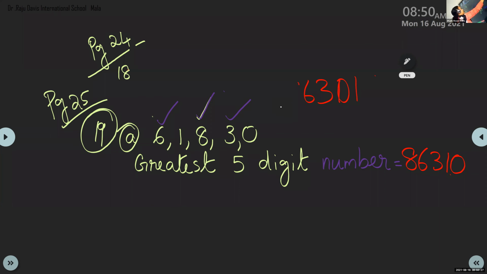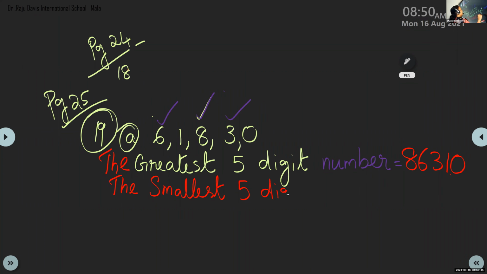Okay, Hazel, can you give me the next number? We can write here the greatest 5-digit number. And the next one, we are writing the smallest 5-digit number we can make from this. Wait. I will give you time. If you are listening properly, question number B you can do alone. Yes, Hazel. Tell me, we can see the digits on the board and make a 5-digit number, that is the smallest, from these digits.